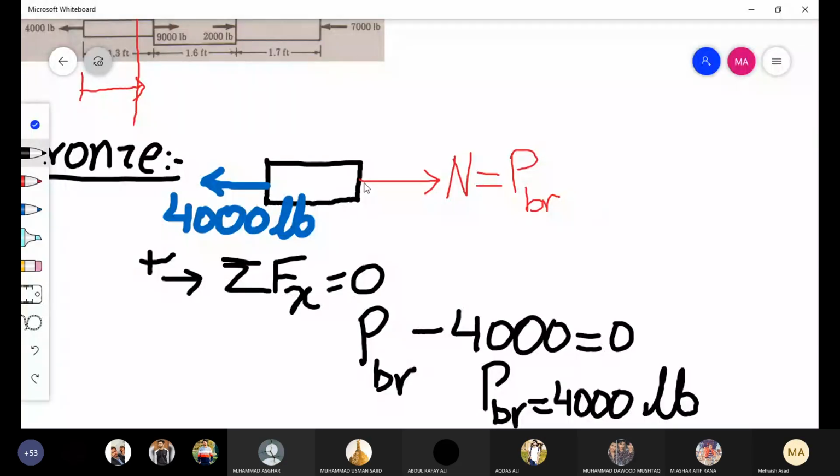यस मैम। Okay, we simply cut the section, draw the free body diagram, apply the equation of equilibrium. तो आपके पास जो internal force है, applied force leftward act कर रही थी in the negative x direction, और जो internal force है, we assume कि ये rightward act कर रही है और in positive x direction act कर रही है। तो जो आपके पास इंटरनल फोर्स इस इक्वेशन ऑफ इक्विलिब्रियम से आई, दिस इज PBR इज इक्वल टू 4,000 पाउंड। आंसर इज पॉजिटिव, मींस इंटरनल फोर्स की जो हमने डायरेक्शन अज्यूम की थी वो ठीक थी।